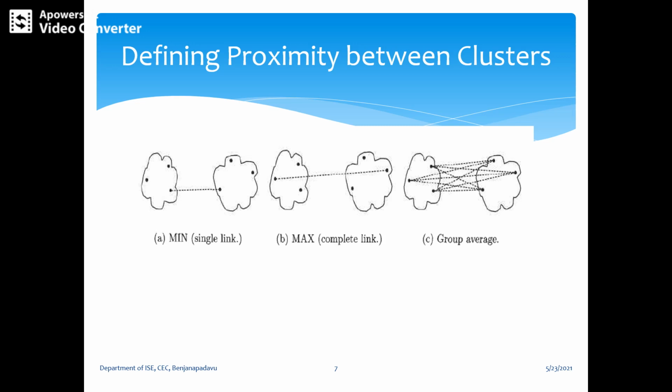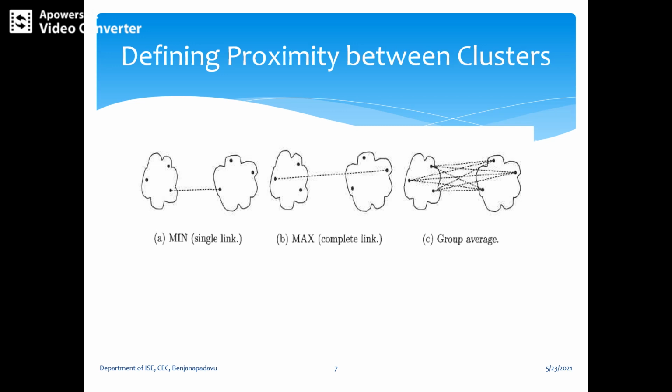So if our proximities are distances, then their names, min and max, are short and suggestive. For similarities, however, where higher values indicate closer points, the names are reversed. For that reason, we usually prefer to use alternative names like single link and complete link, respectively. Another approach is graph-based.